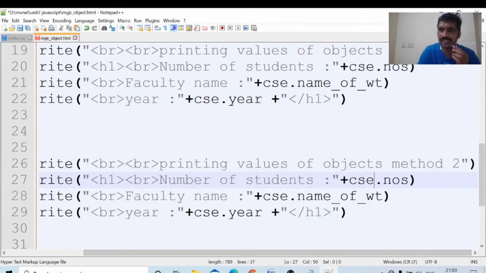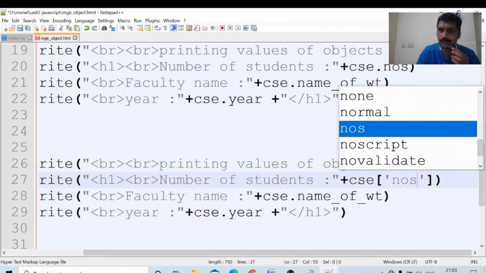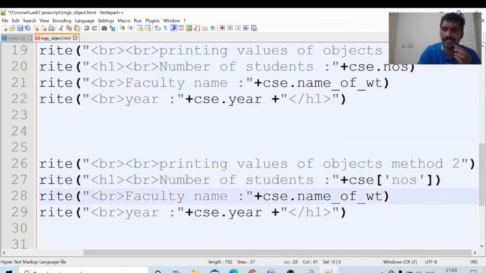This is using the arrays concept. The same values, the same statement, printing values of objects using method 2. We have written CSC here. We will write here arrays like this one. What is the property here? NOS.